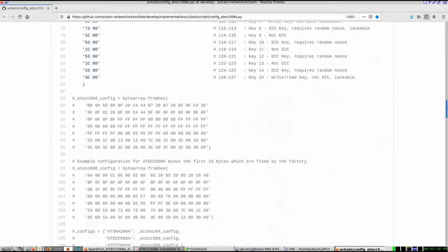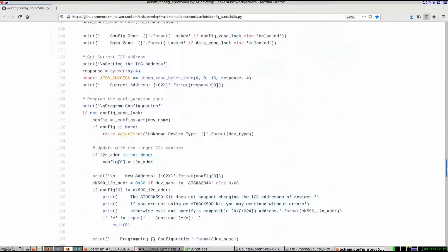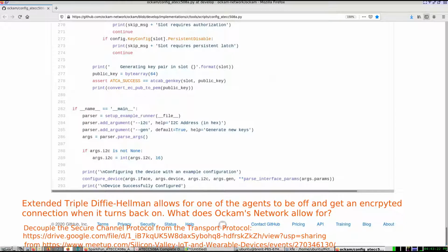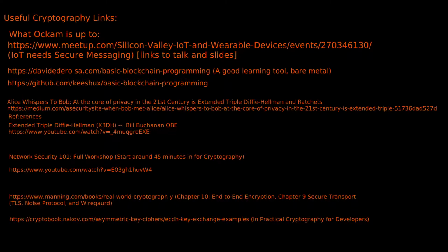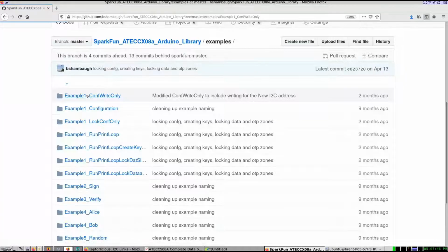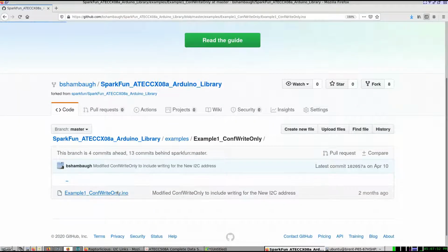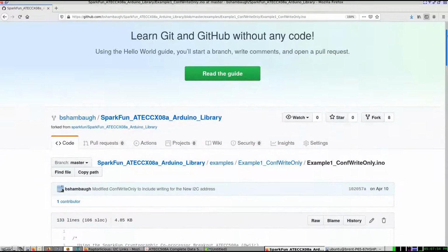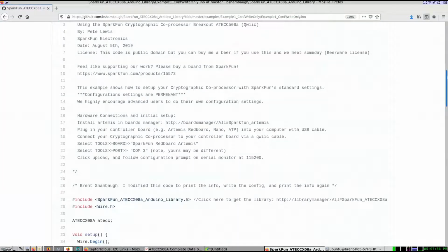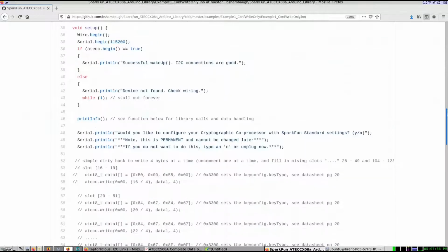When I started, I did not know what I was doing. I burned the configuration to the chip, and I was surprised when it did not work as I expected it to. I see it has 3 slots for the ECDH master secret. This led me to think about extended triple Diffie-Hellman. However, they mentioned the Noise framework. Ockam is trying to implement a protocol using this, and they are working to use Curve25519 instead of P256